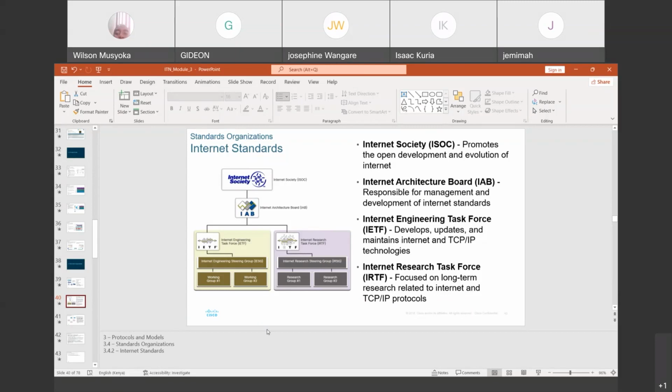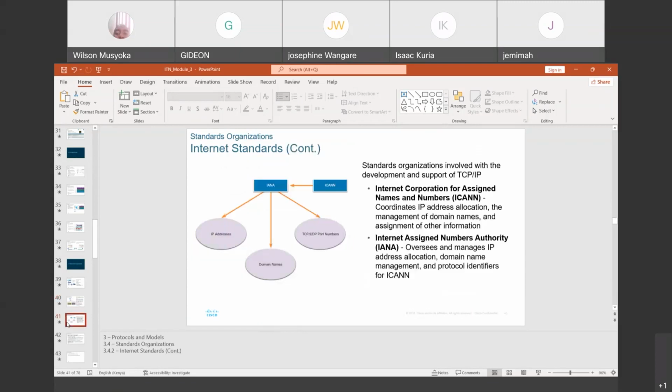Then we have the Internet Research Task Force, IRTF, which is focused on long-term research related to TCP/IP protocols. So these internet standards organizations involved in development and support of TCP/IP are also going to be governed by these two bodies: the Internet Corporation for Assigned Names and Numbers, ICANN, which coordinates the IP address allocation, the management of domain names, and other information.